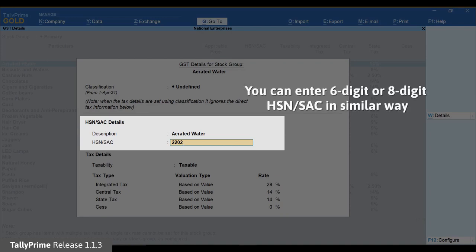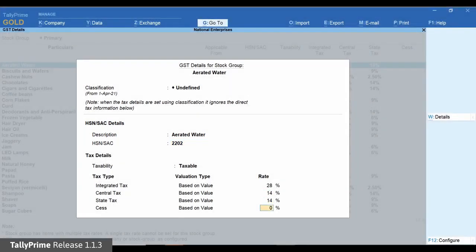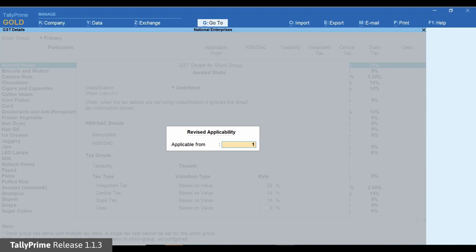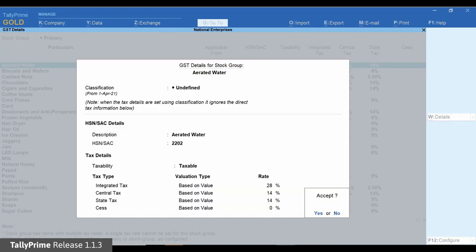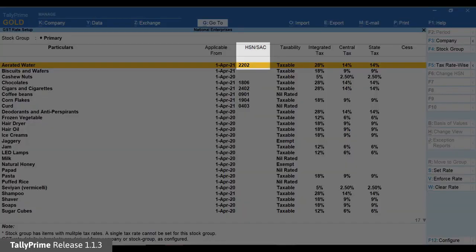However, for items with a 6-digit HSN code, you can enter the code in a similar way. Enter the applicable date, let's say 1st April 2021. Press Ctrl A to save. As you can see, the HSN code now appears against the selected items in GST Rate Setup.